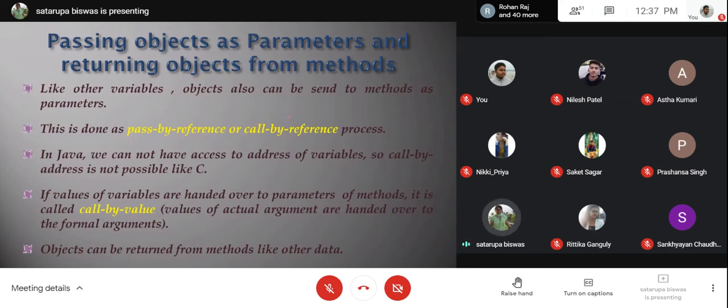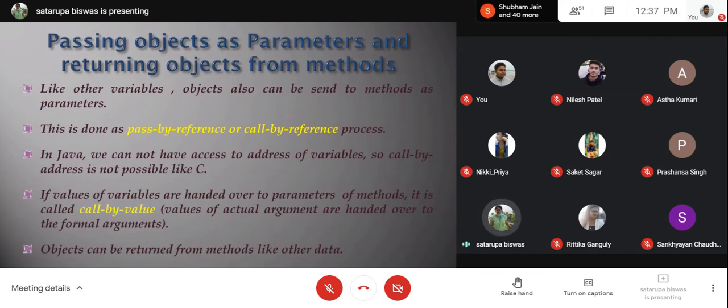And we can return objects from different methods as well. Okay? So this is basically done by pass by reference or call by reference. When you have learned C, we have heard about call by value and call by reference.